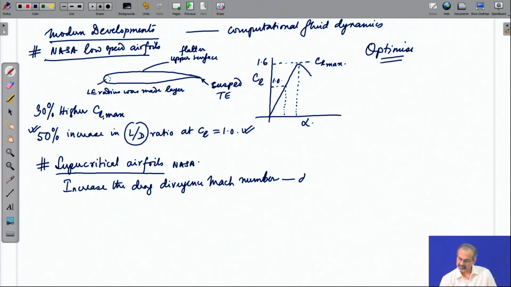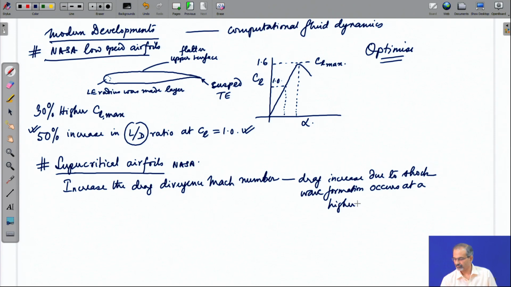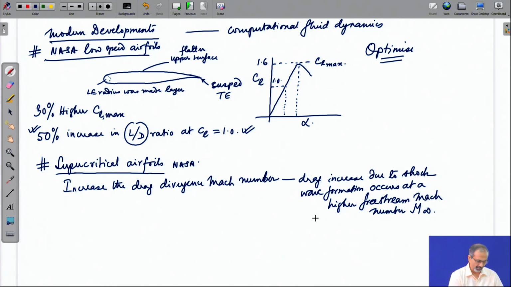That means, the idea is the drag increase due to shock wave formation occurs at a higher free stream Mach number for these kind of airfoils, which is an obvious advantage in high speed flows. We will discuss more on this later on,